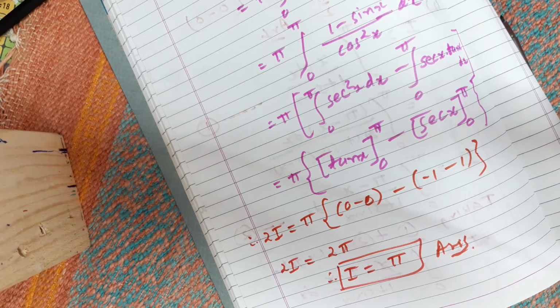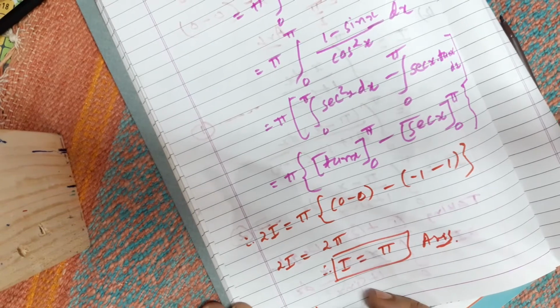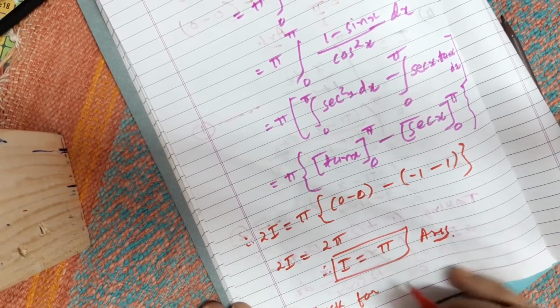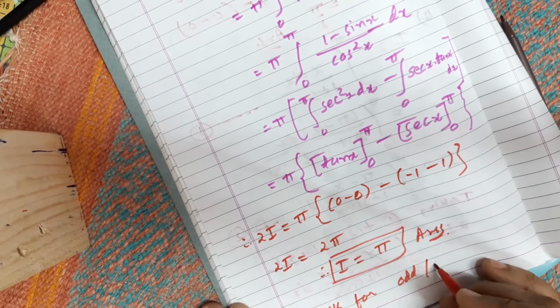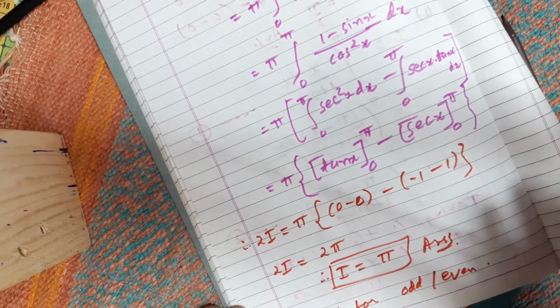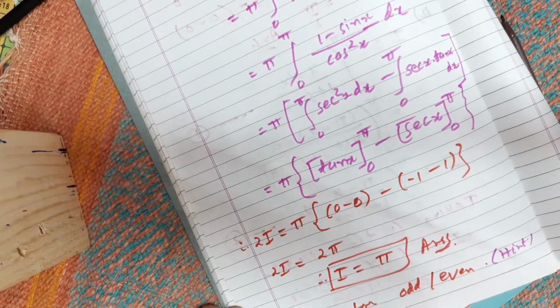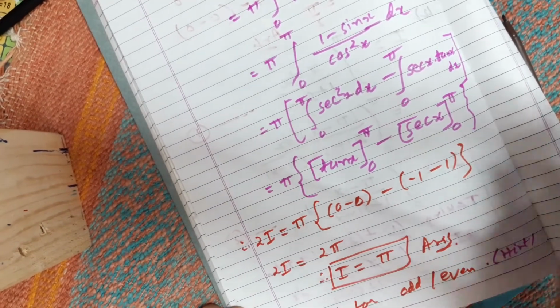As I did sum number 12, you can try even the 13th and 14th. In the 13th, if you want to write down the hint, just check for odd and even in the 13th sum, and then you will get the answer, whatever it is. Okay? I have only given you the hint, you just try it. And you can do it in the homework.